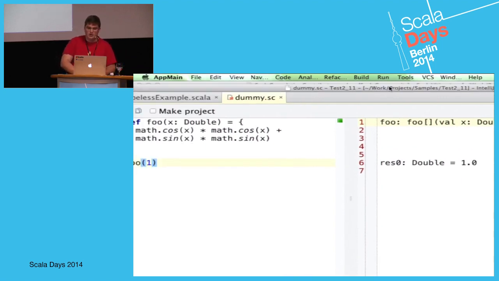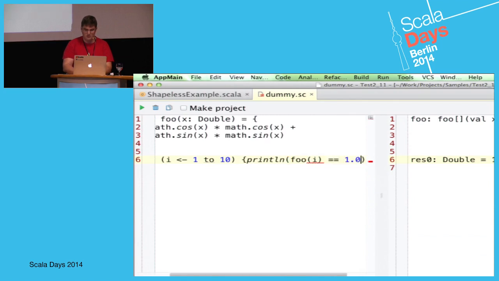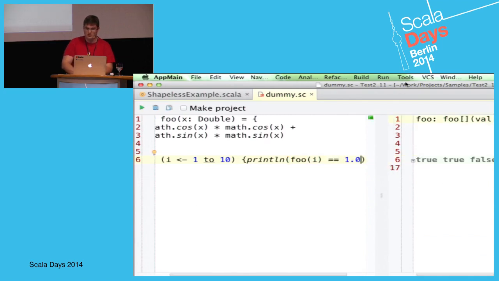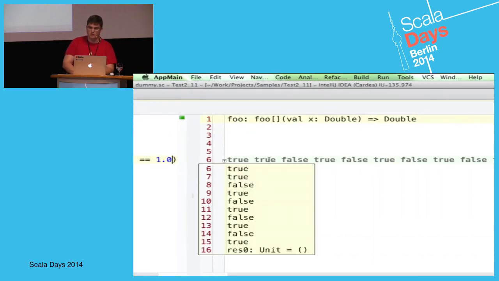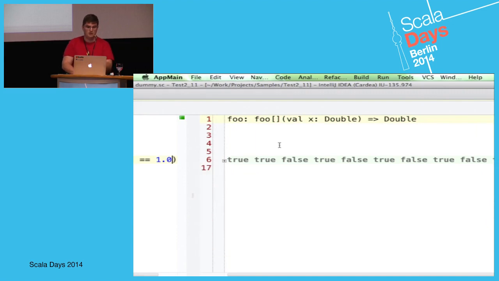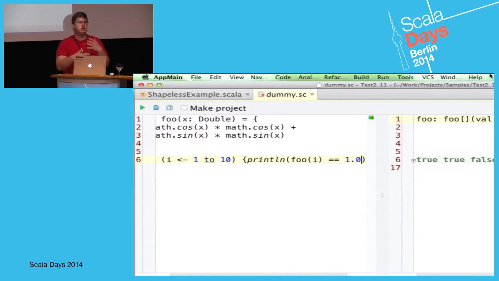It's 1. But we know that floating point evaluation is not precise in any programming language. So, for example, we can check this and find a value where it's wrong. It's evaluated again immediately, and you see that multiple output on a lot of lines is now folded by default, so it doesn't require us to change sources to add new lines.